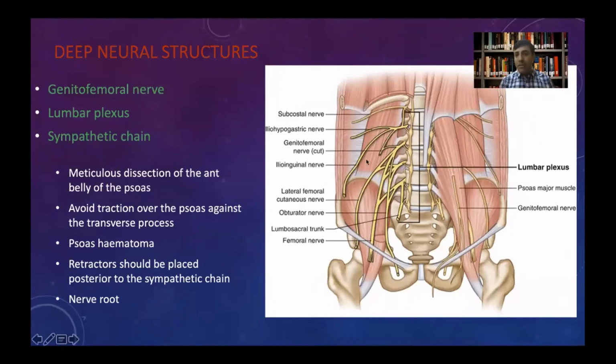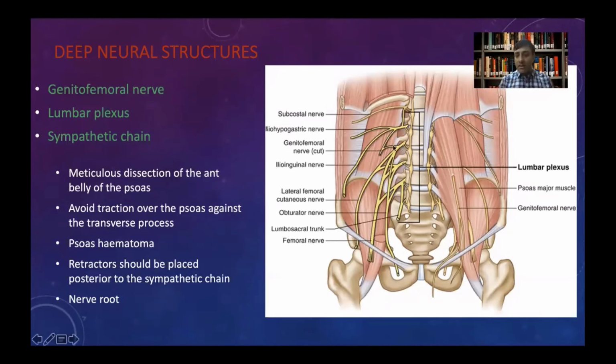But here, once part of the psoas muscle has been removed, you can see the lumbar plexus has been exposed. If you look carefully, the nerves associated with the lumbar plexus are much more medial in the lower part of the lumbar vertebrae. When you move more caudally, the lumbar plexus becomes more superficial and more medial, and that is why operating at L5S1 level using the OLIF technique is slightly more tricky, because the lumbar plexus might come in your way and might get injured if you are not very careful.